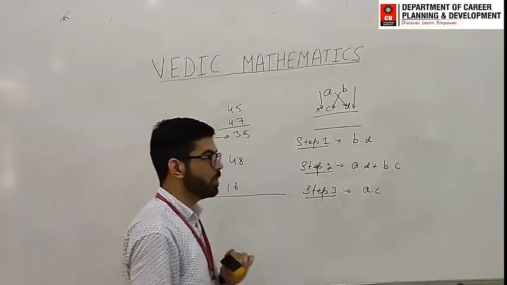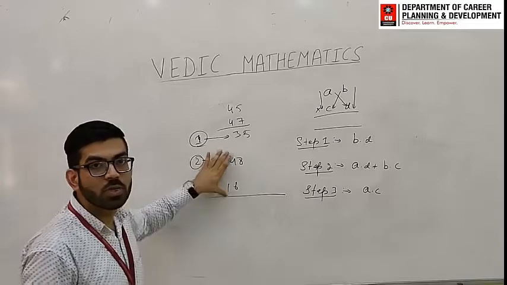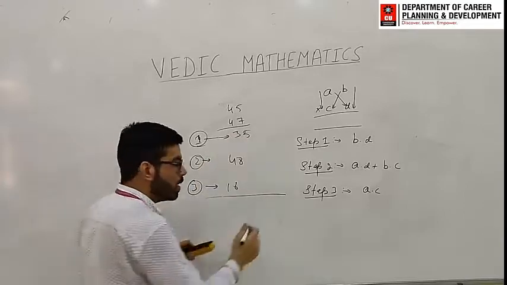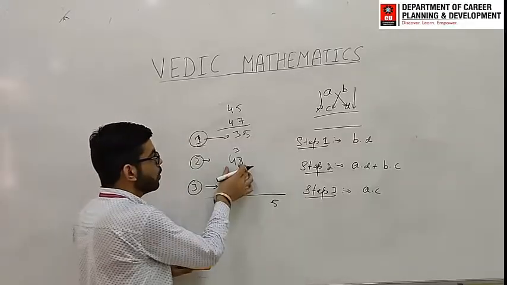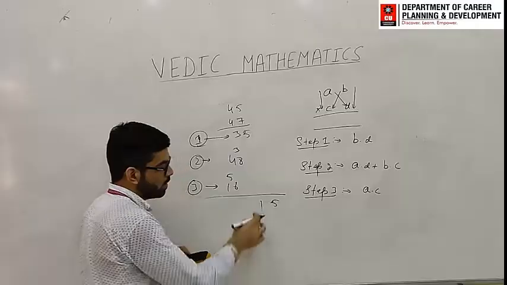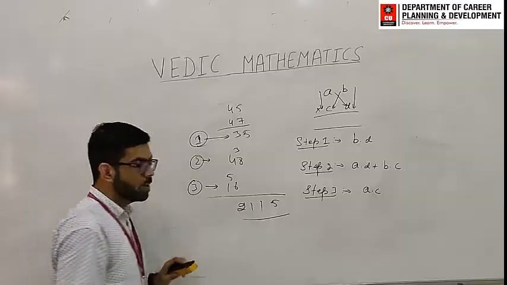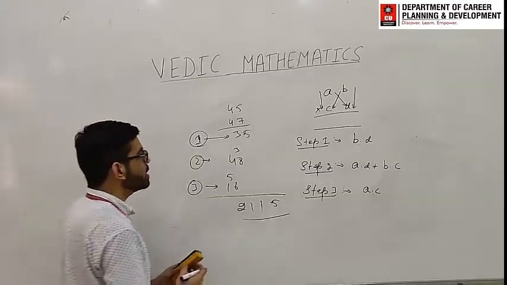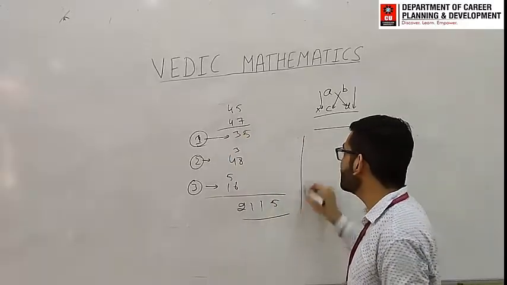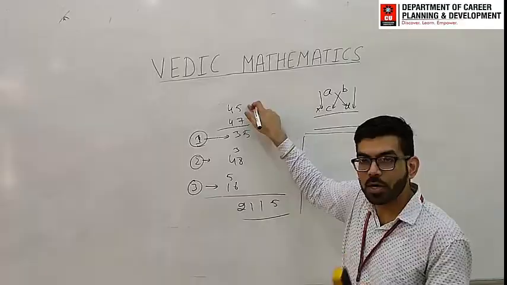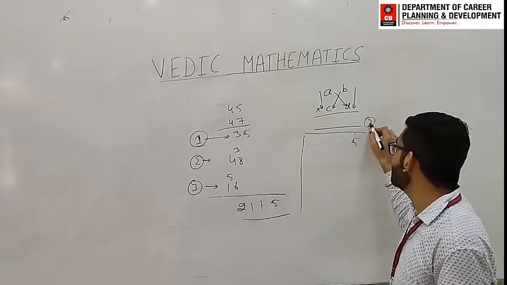Now the main part is the addition part. Just remember one thing, in the exam you are not going to write like that. You have to do this in your mind. That is 35, last number 5, 3 will be carried forward to this number. So 48 plus 3, 51, 5 is written with carry 1. The last number, 16 plus 5, 21, 1, 1, 5. Just see this thing. In the exam, we are not going to write this one because this will consume your time. Just do these things in your mind. Just see 7 into 5, 35. Write 5 here. 3 is carry. You can write it sideways that 3 is your carry.